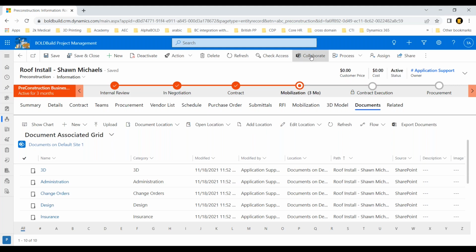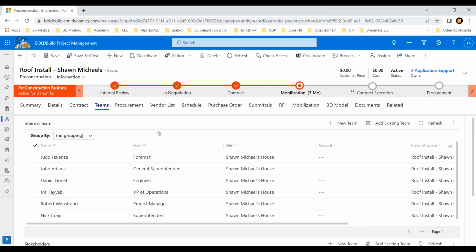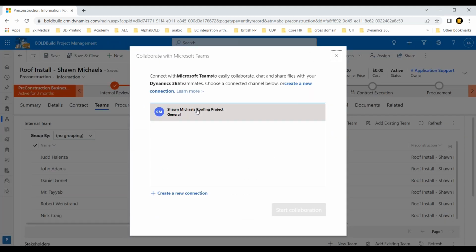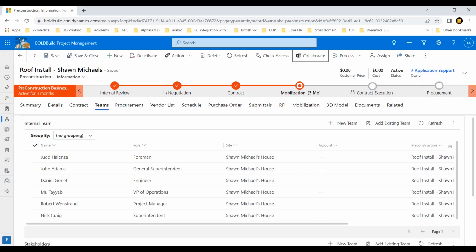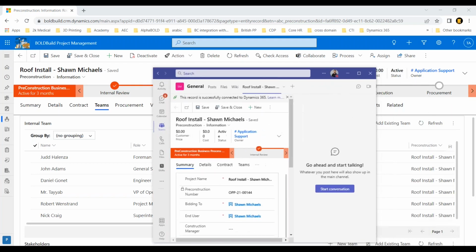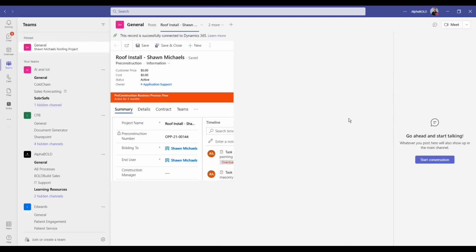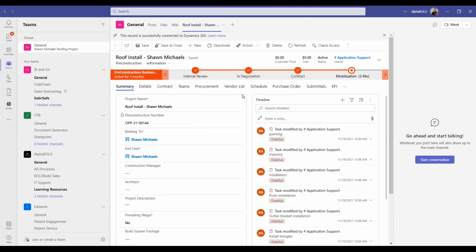Then the second piece is collaboration. Because you have a team here, you want to be able to communicate. So I have the estimator as Mahmoud. I have Nick. Now myself, I'm acting as a project manager on this project. So you can hit this collaborate button. And as soon as you do that, you see I have Teams integration. So I have it open here. I'm going to just bring it up in here. And you can see that the whole project I have is already within my Teams.